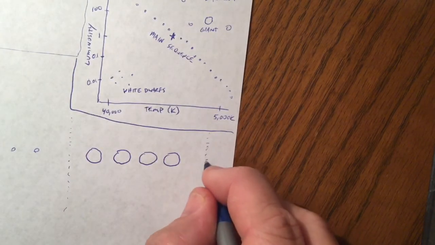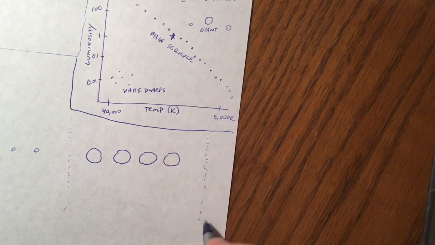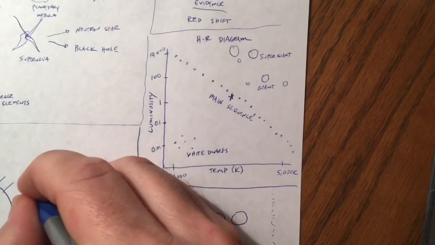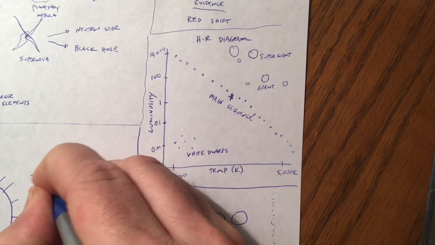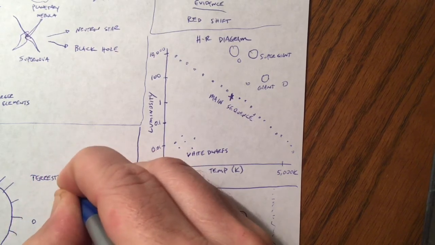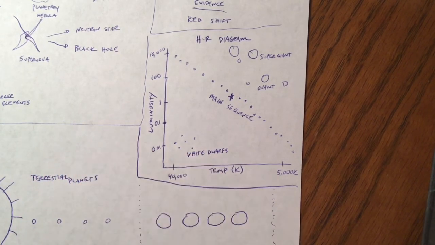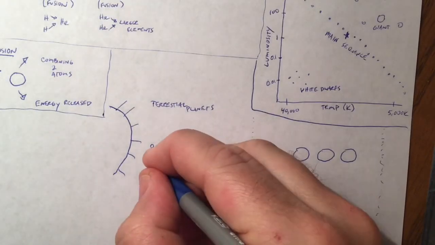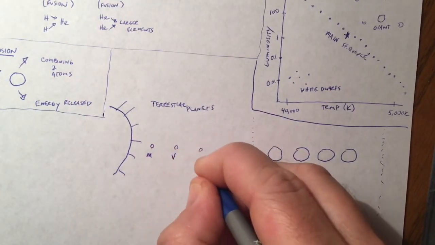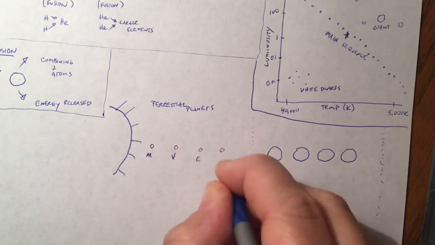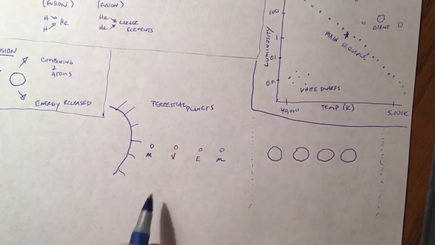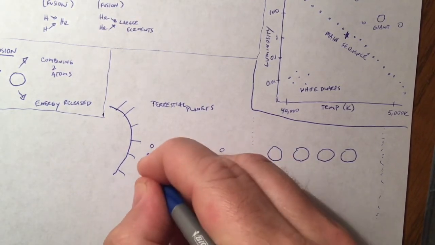And then we've got the Kuiper belt. So the inner rocky planets, Mercury, Venus, Earth, Mars, my very educated mother,